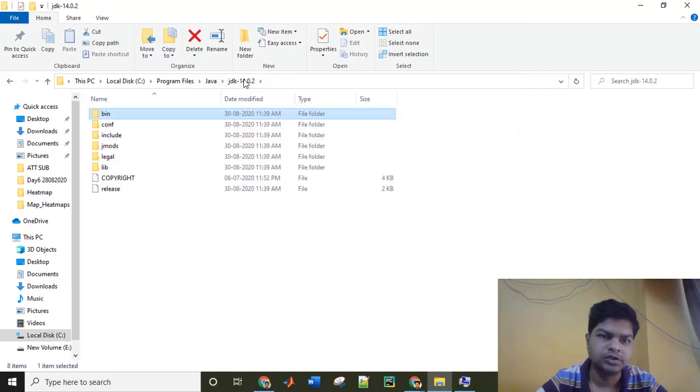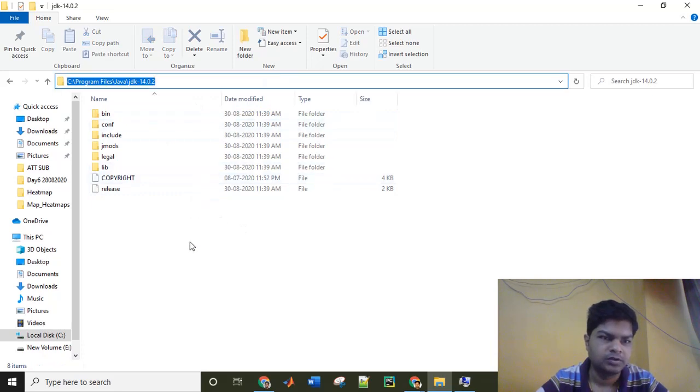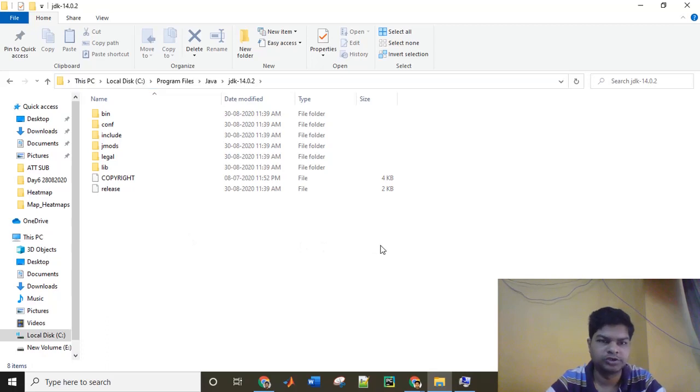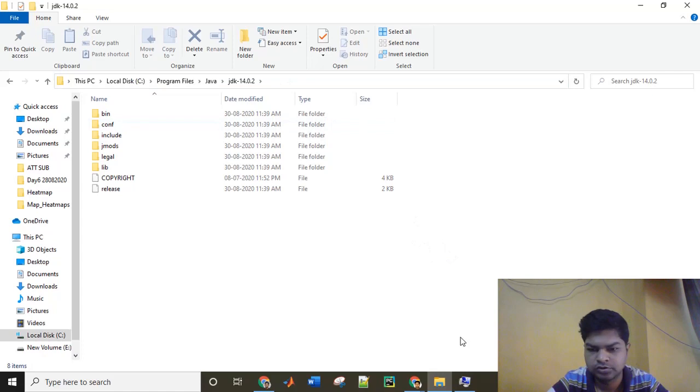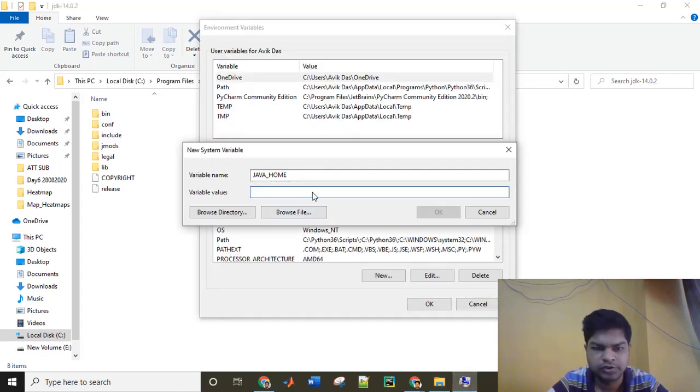Now you can copy this JDK 14.0.2 location. Go back outside your bin folder and copy this location. We can just paste it here and then delete this bin. Now click on OK.